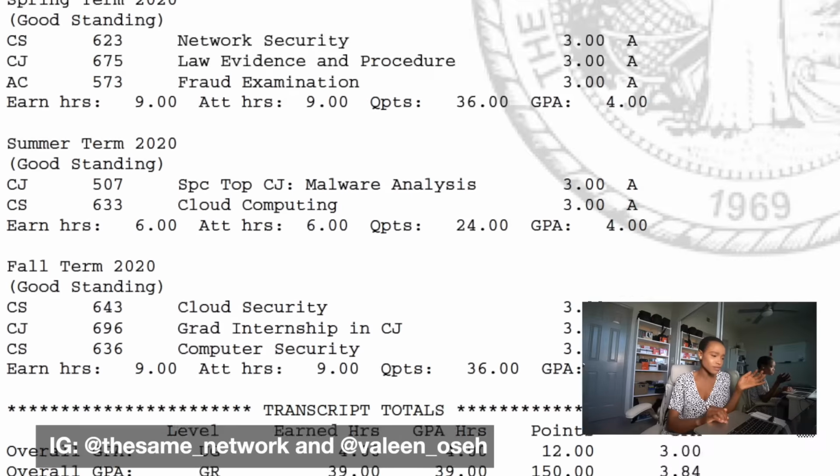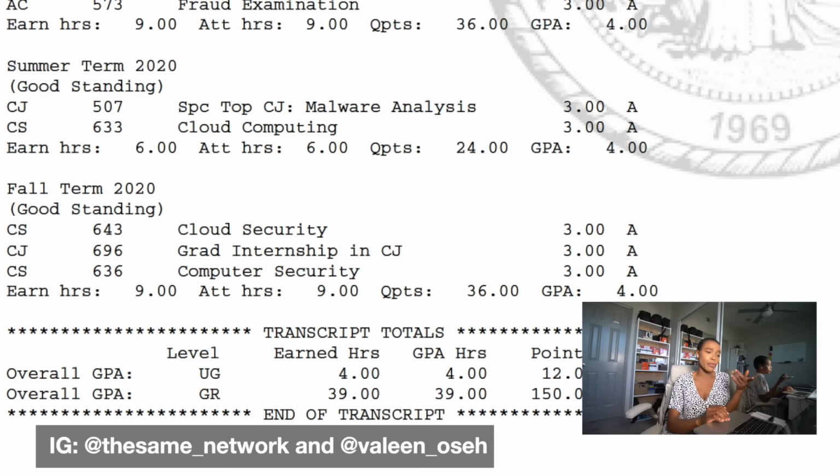So you can see that I had a 3.84. They did not add my 3.0 from the undergraduate course that I took. I don't know why they did not add my undergraduate grade. That could have pushed me to 3.90 or 3.95 over 4.0. But yeah, I'm thinking maybe if you take undergraduate courses as a graduate student, you will not get the grade for it. So that's something you also need to figure out, because you will pay for it, but you will not get the grade in your transcript. It will be showing there, but it will not reflect in the